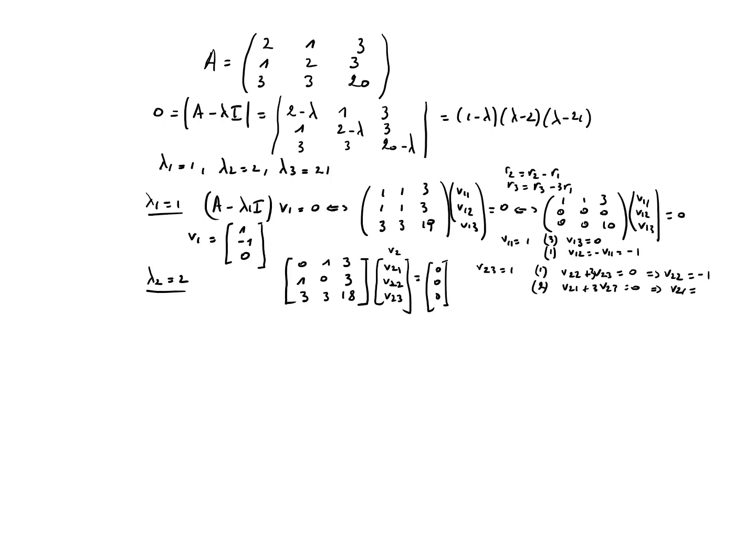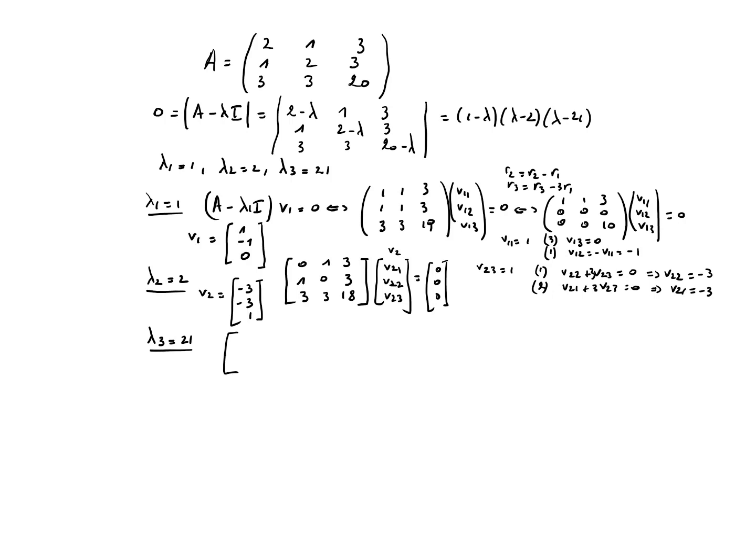v21 is equal to minus 3, and it's the same equation, so of course this one should also be minus 3 over here. Okay, so v2 is equal to minus 3, minus 3, 1, and let us take the third eigenvalue 21, and this will lead to the following